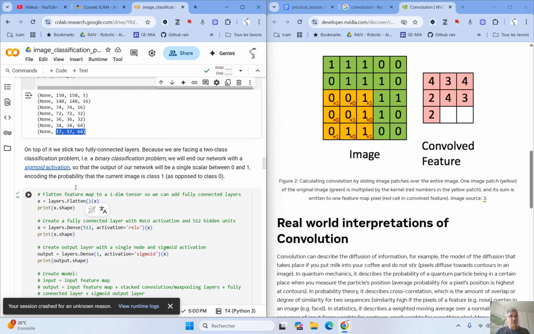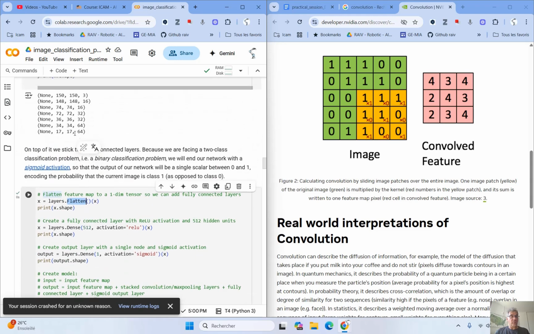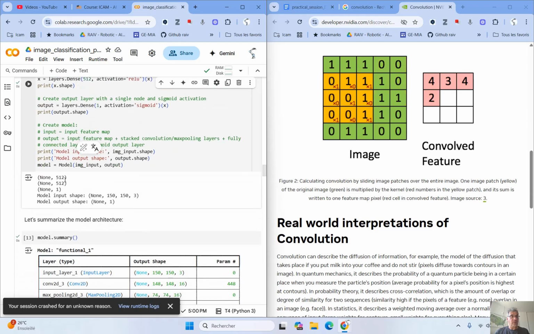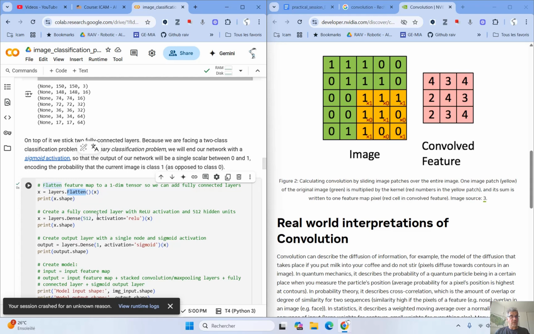Now we have to do a flatten. This flatten will generate a vector whose shape is 64 by 17 by 17.